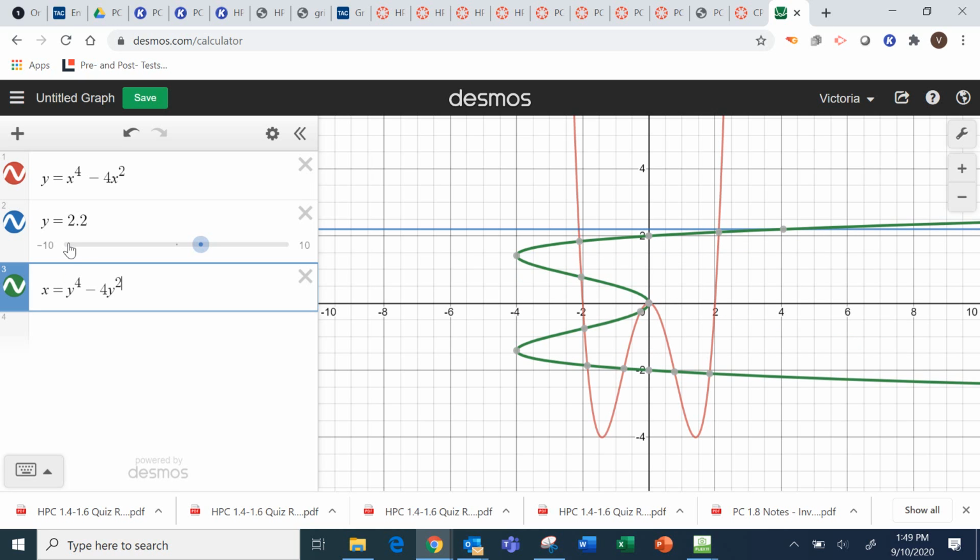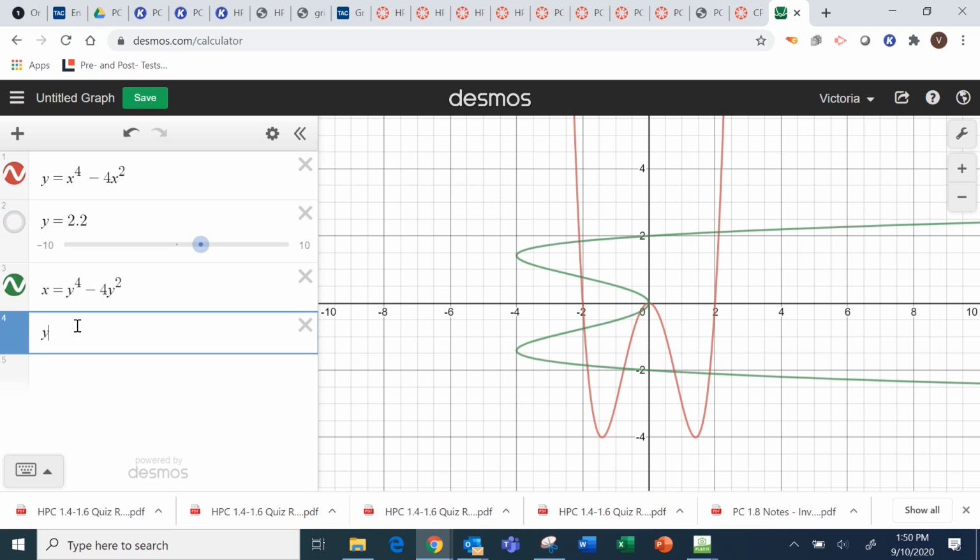In your assignment, you do have to make it say y equals, okay? But on Desmos, you don't even have to do that. On your graphing calculator, you do have to do that. On Desmos, you don't, which makes me love Desmos a lot. But that is symmetric in the y equals x line. If I type y equals x,